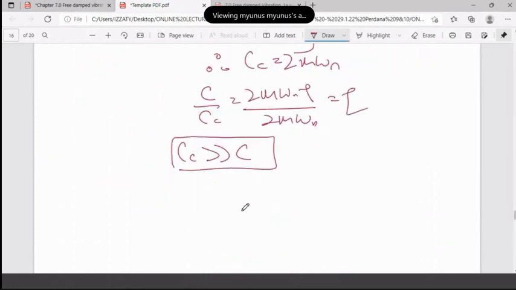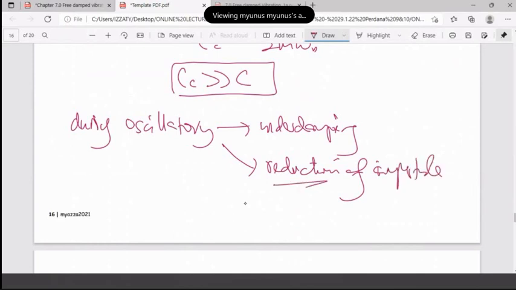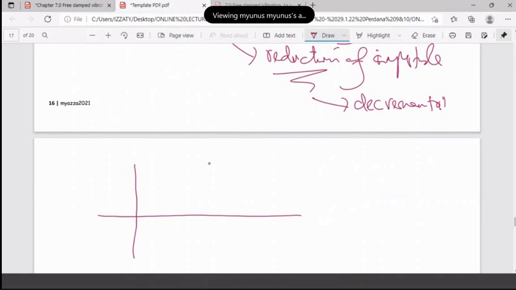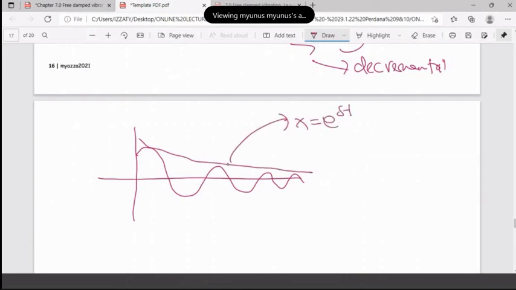The other part is during oscillatory, or in other words what we call underdamping. You will have reduction of amplitudes. You have the decremental of amplitudes, because the graph that is shown for zeta less than 1 is exponential, x equal to e to the st. So you have the reduction of amplitudes. So you will have ln x1 by xn equal to 2 pi n zeta over the square root of 1 minus zeta square,